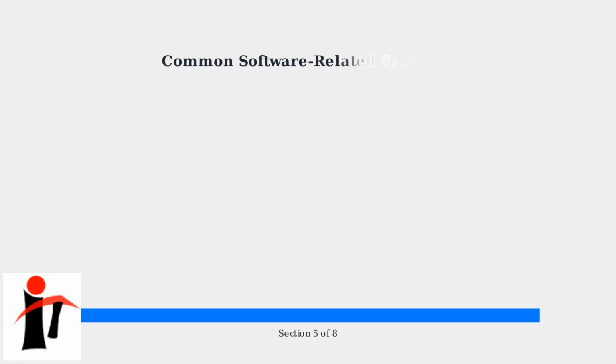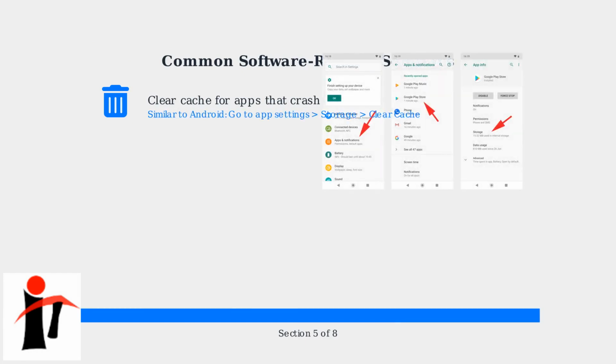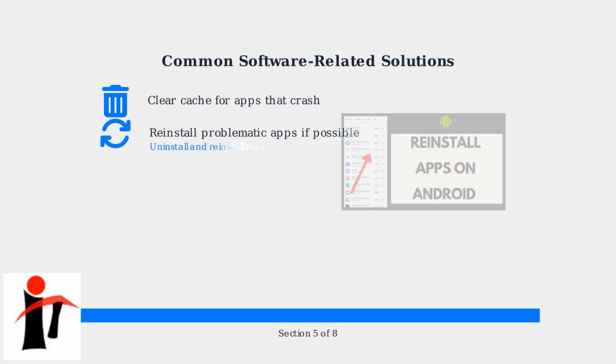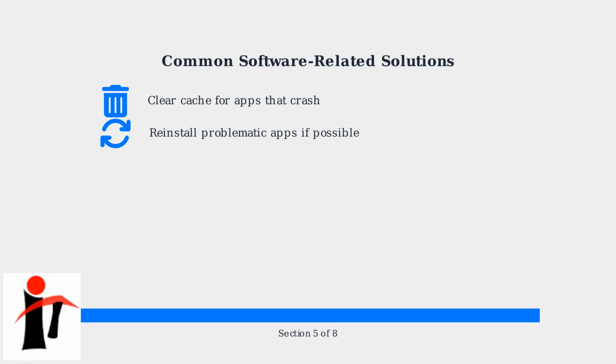Software issues in Tesla Model 3 screens often stem from app cache buildup. Clear the cache for problematic apps to improve performance. This is similar to clearing cache on Android devices, where you navigate to App Settings, select Storage, and clear the cache. If an app crashes frequently, try reinstalling it. While Tesla's system has limited options compared to Android, you can uninstall and reinstall through the Tesla App Store if